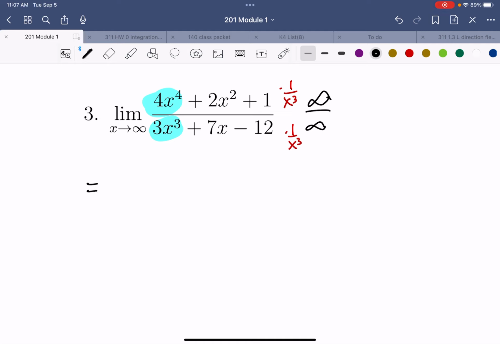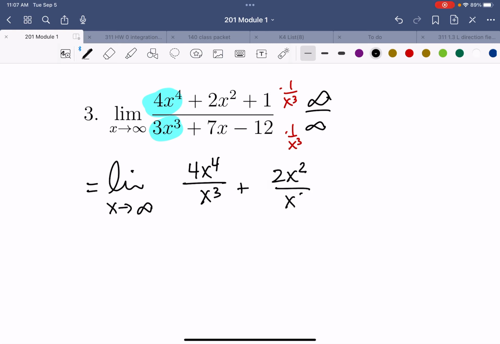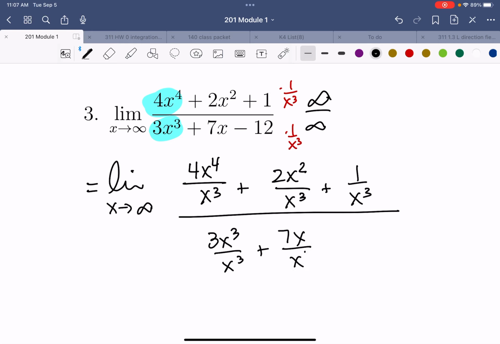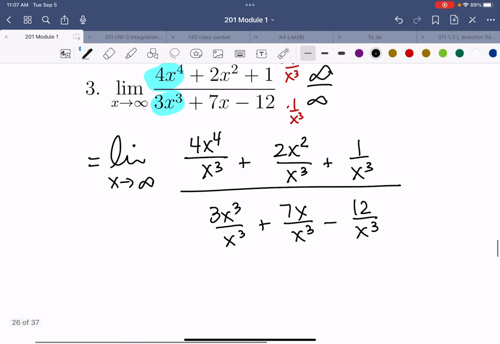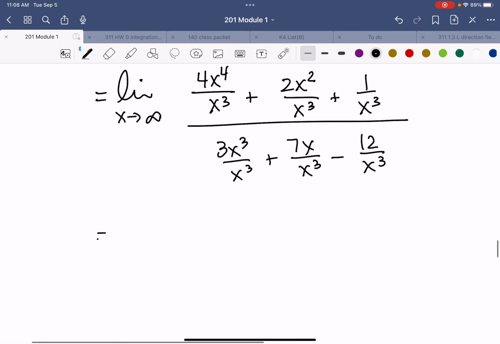If we go ahead and distribute that, that's the limit as x goes to infinity. 4x to the 4th over x cubed, 2x squared over x cubed, and 1 over x cubed. On the bottom, 3x cubed over x cubed, 7x over x cubed, and minus 12 over x cubed. From here, we can go ahead and simplify. Keep our good notation. All right, I'm left with a 4x in that first term,